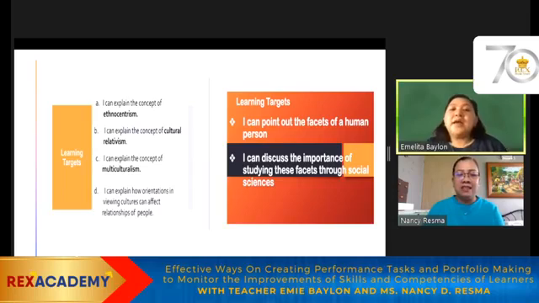And I like that strategy, Miss Nancy. I think what's good about identifying the learning targets is that you're already providing them an idea of what's going to be expected at the end of the lesson, and they're already being provided metacognitive strategies on how to be able to reach that assessment by going through the various activities of your lesson. Am I correct po? Yes.